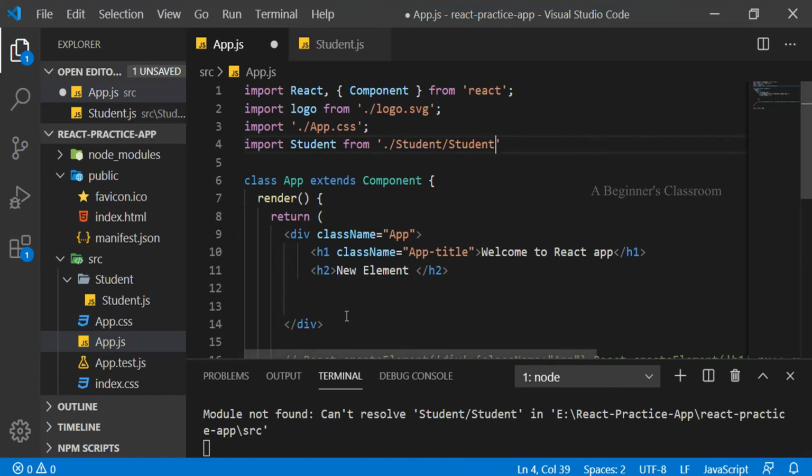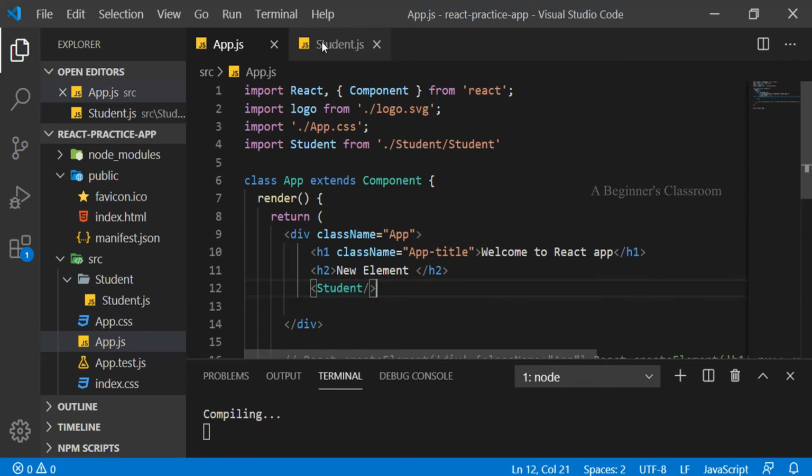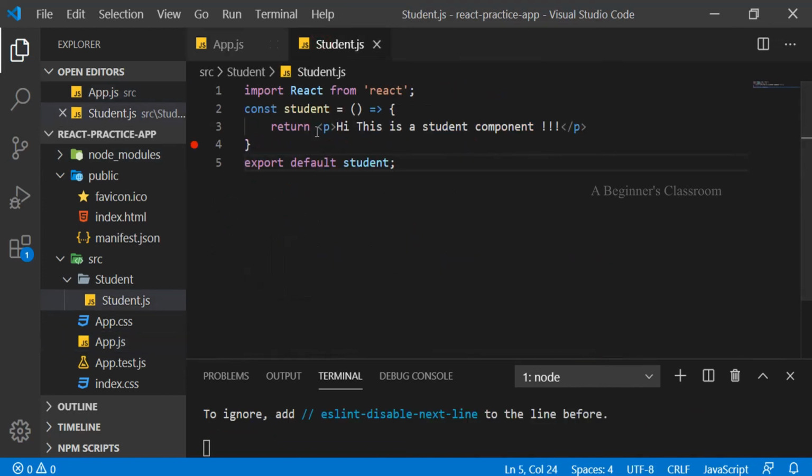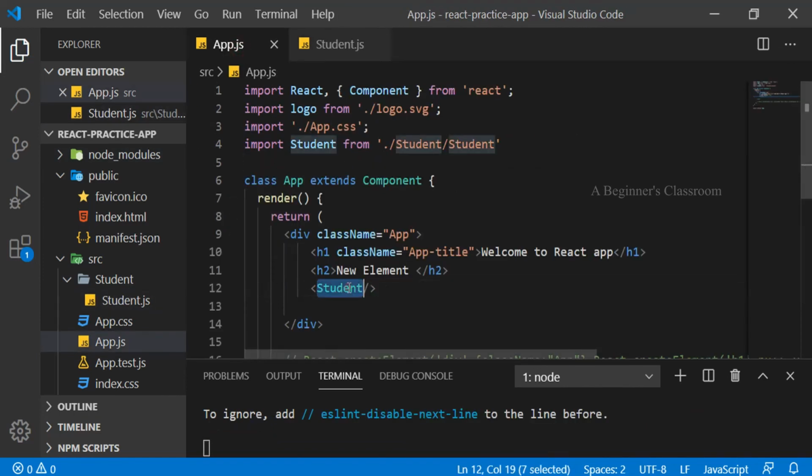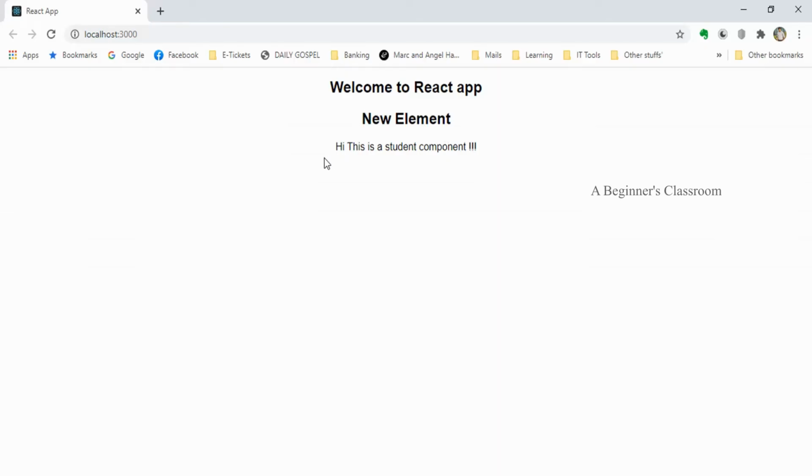Next, we have to import our component into this JSX. For that, we have to define our component name, which we have imported here as a tag. Here you can close this tag like this, or else you can also use as a self-closing tag. Now we have injected our custom component into our root component like this. Let's see the output. You can see our custom component is injected into our root component.